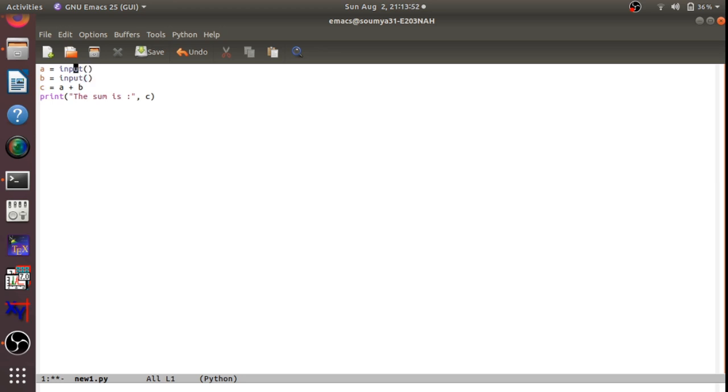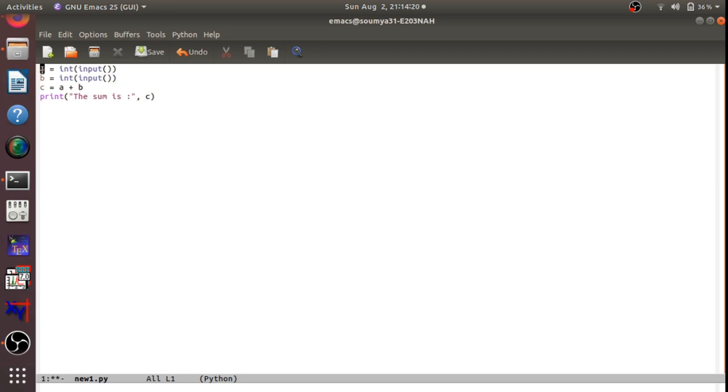Obviously in Python 3, that is what I am using over here, I must mention the kind of the variables, that is whether it is float or integer or something else. For the beginning I put them to be integer. So this is one of my integers, and b is my another integer. So a and b are my integers.